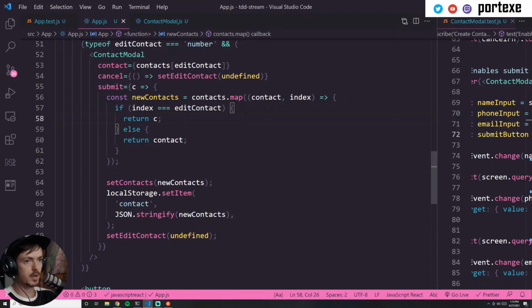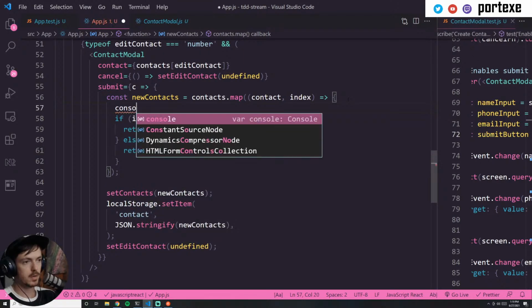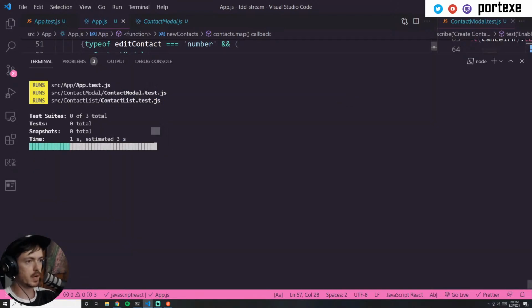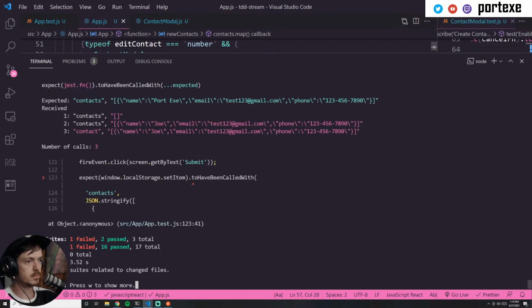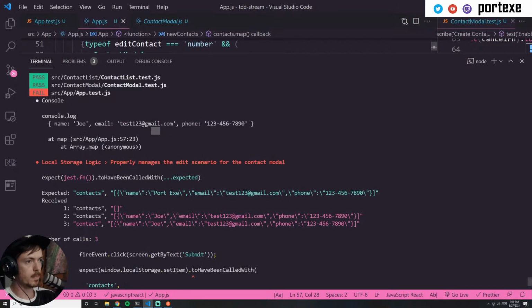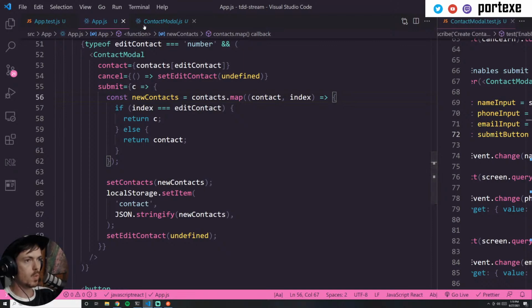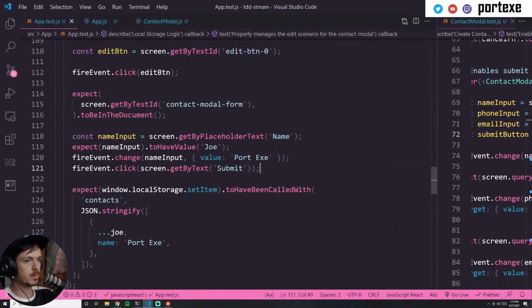So I'm going to log console.log C. And yeah, let's log this. It should log it out somewhere. Here it is. So the name is Joe. It should be port.exe, right? So somewhere it looks like it's not